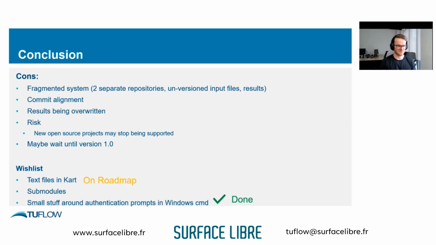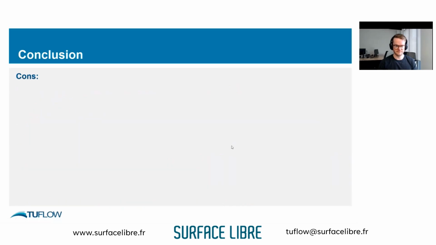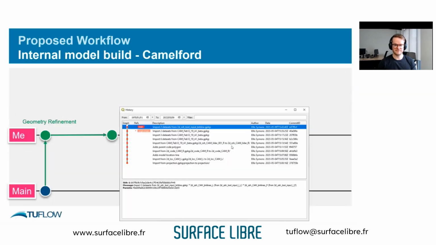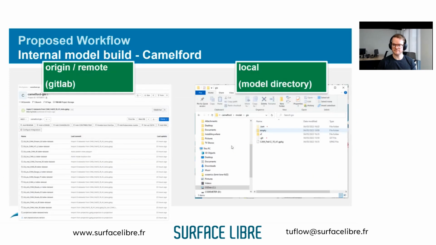I have two questions. The first one, I'm not sure I understood correctly how GitLab works with KART, because I have tried to use KART a few times, and everything is stored locally on my computer, and if I use GitLab, it's stored on their server. Is that right? Yes, it's stored on the GitLab server cloud somewhere. Okay, so the only difference is that it's not stored locally.